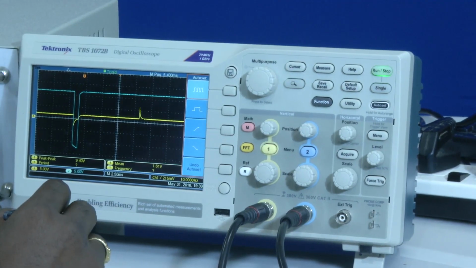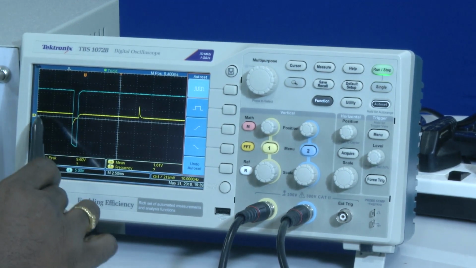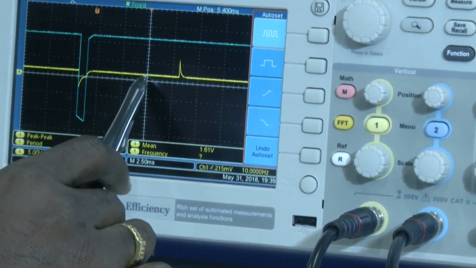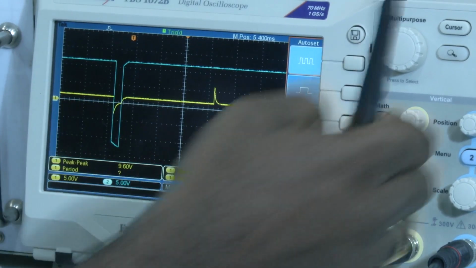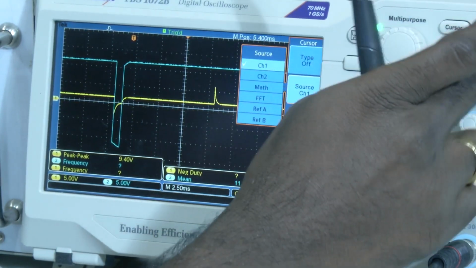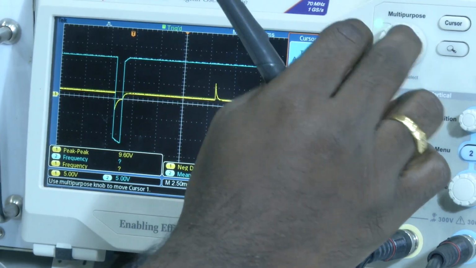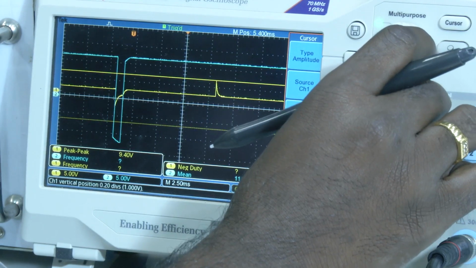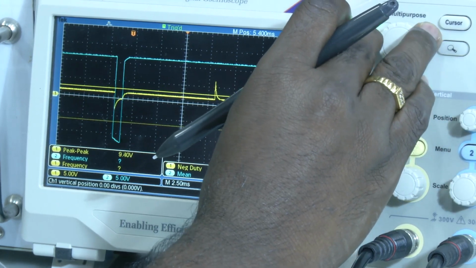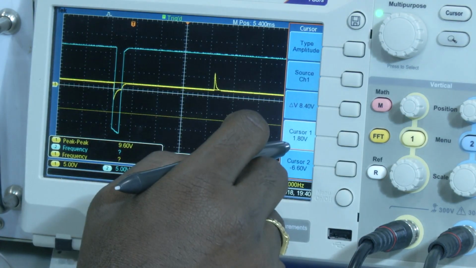right. So, what we can see, the capacitor is somewhere around 5 volts. So, 1 volt is somewhere around 5, right, or I can take a cursor and channel 1, okay, channel 1 type amplitude. So, I will make it 0, I will take the cursor. The value is somewhere around 1.8.